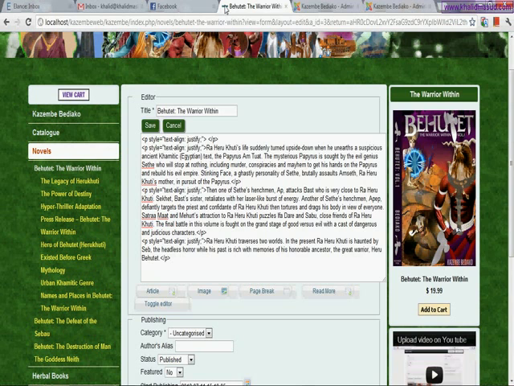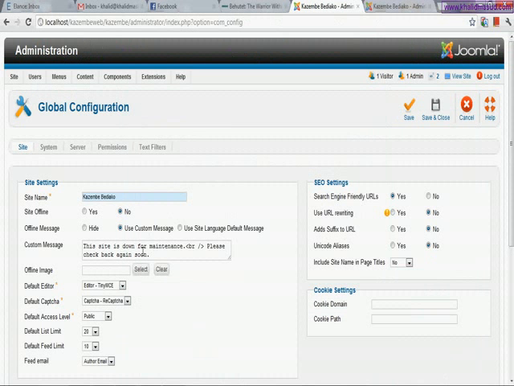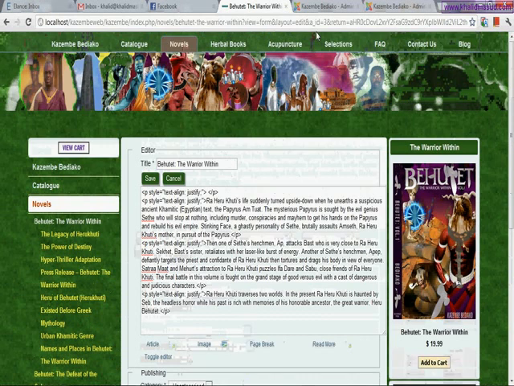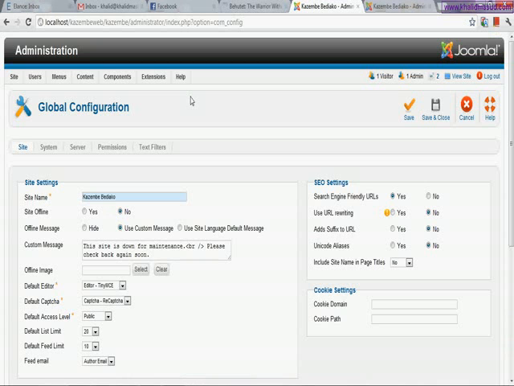Again, you don't need to worry what kind of editor you have selected if it's a text thing. The only time you need to worry about which editor you have selected is when you are editing something like a video, like this book title, and special cases. These are only the special cases. Let's close this, and now we move on to our next section, which is the module manager.